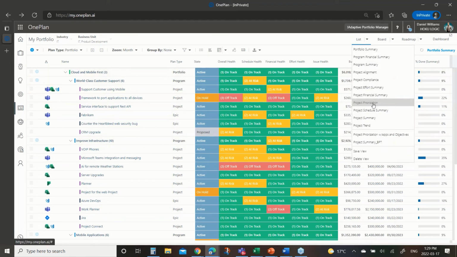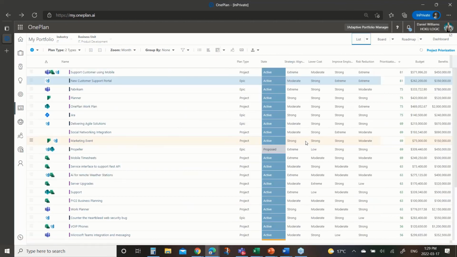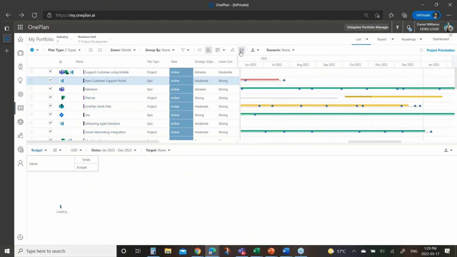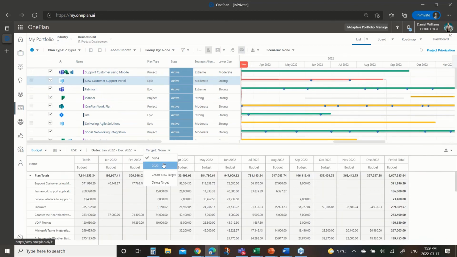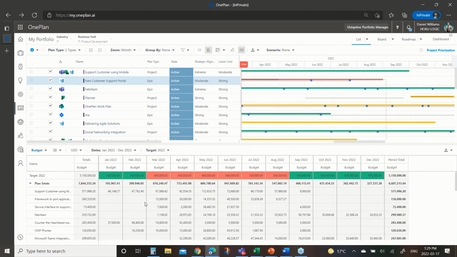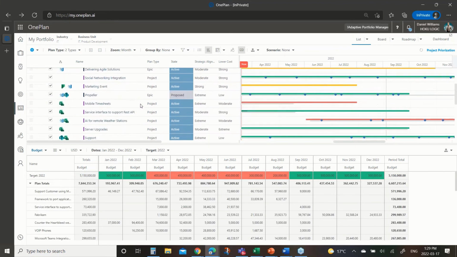So if I bring up the prioritization, I'm going to do a couple of things. I'm actually going to look at this first by budget. The purpose of that is I want to grab a target and say, what is my target? Where am I? I'm over my cash flow model we've created, or cost flow model. And I can start to look at projects that need to come in or come out of the model.